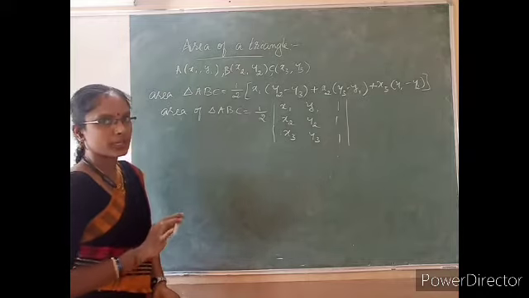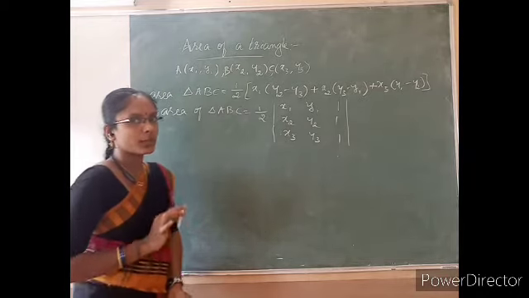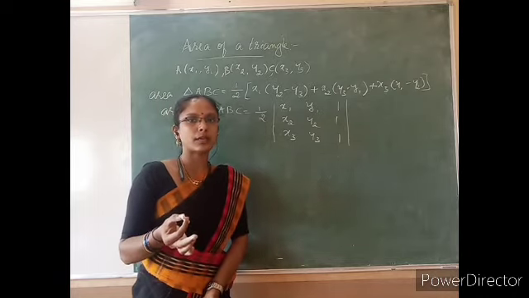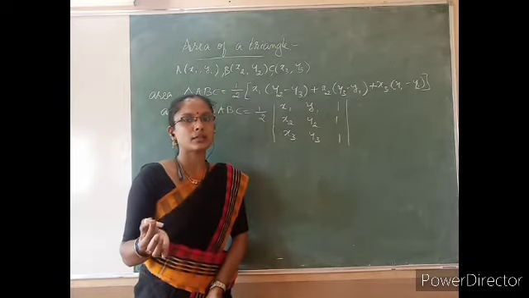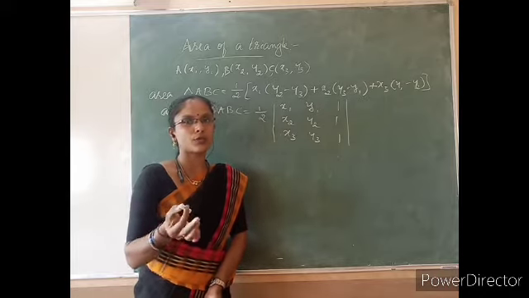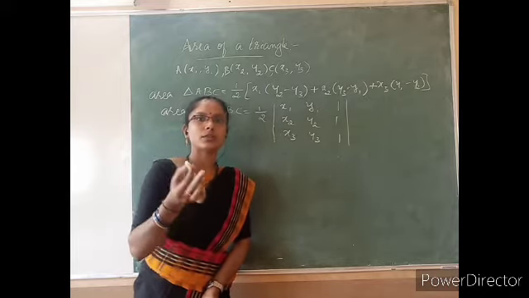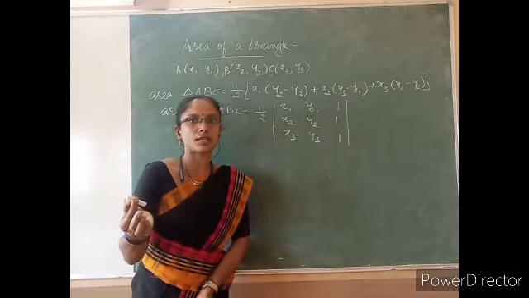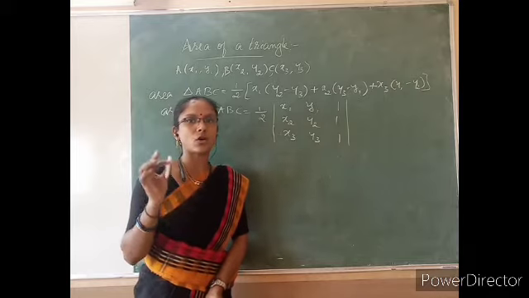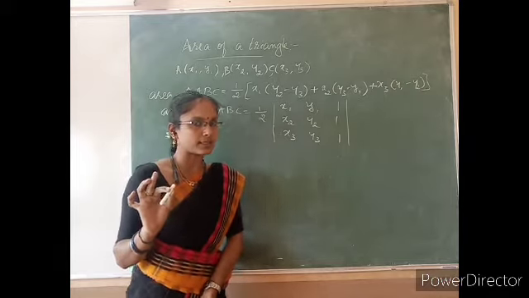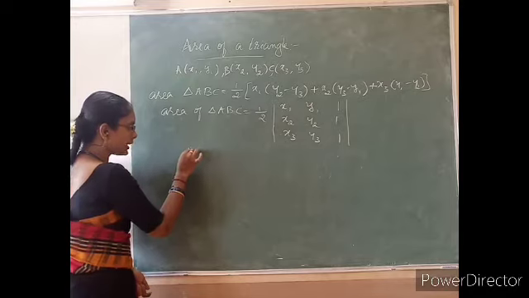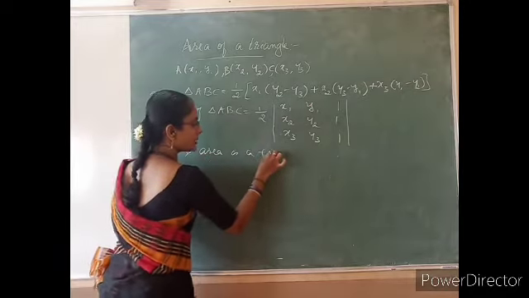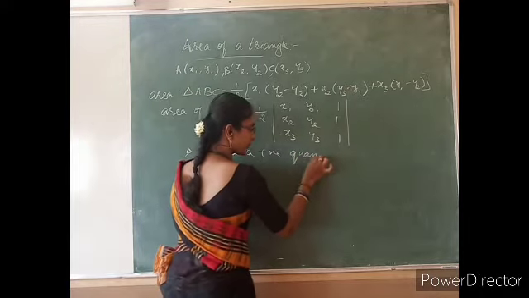There are some conditions here. One thing is, if you calculate the area of a room, what will you say? We say that area is 36 square units or 46 square units. Are you telling that area is minus 36 square units? No. That means area is always a positive quantity, isn't it? Therefore, the first condition here is that area is a positive quantity.